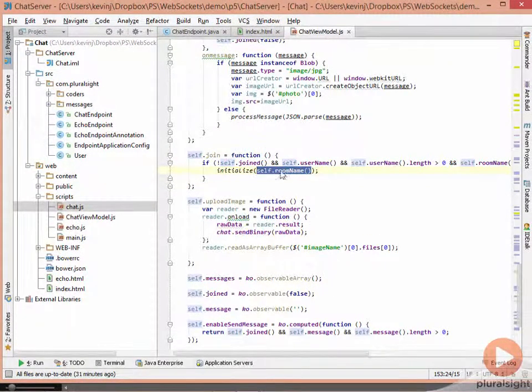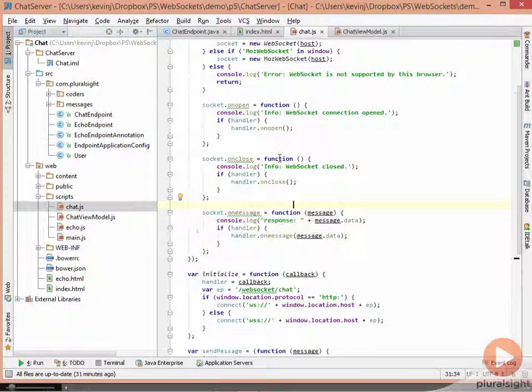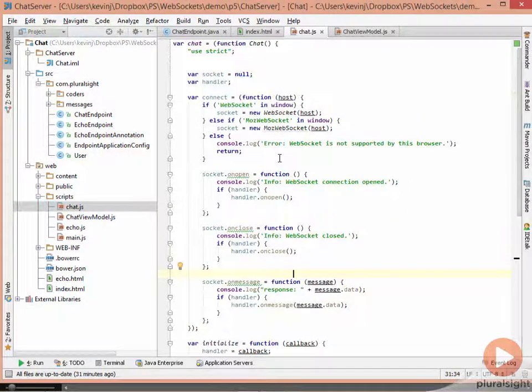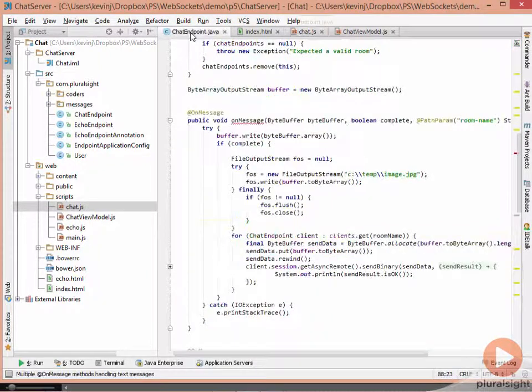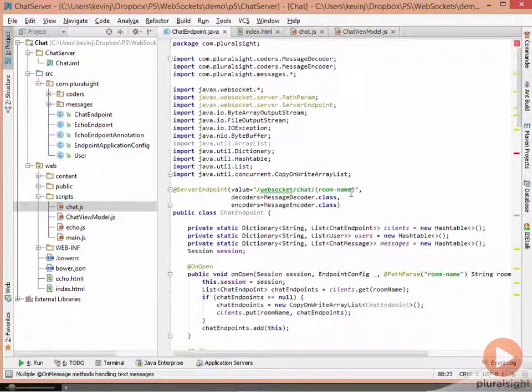So why are we passing the room name into the initialize function? Well, the initialize function currently looks like this. Inside the chat.js file, inside initialize, we connect to the WebSocket. And the WebSocket connects to whatever the host name is plus an endpoint. And the endpoint looks like /WebSocket/chat. But if we look at our chat endpoint here, we now know that the WebSocket will look something like this. The WebSocket endpoint will look like